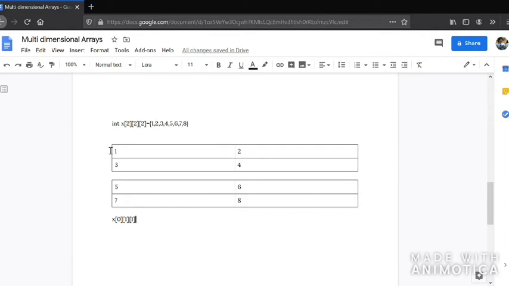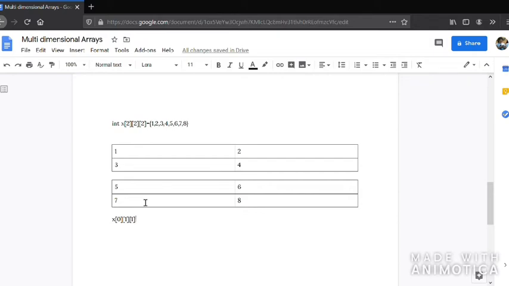For the last one, this table is 0, and this table is 1, so it is given 1. So we have to check the values here. Now it is given 0th row first column, 5, and this one 1. So this is how values will be checked in 3-dimensional arrays.